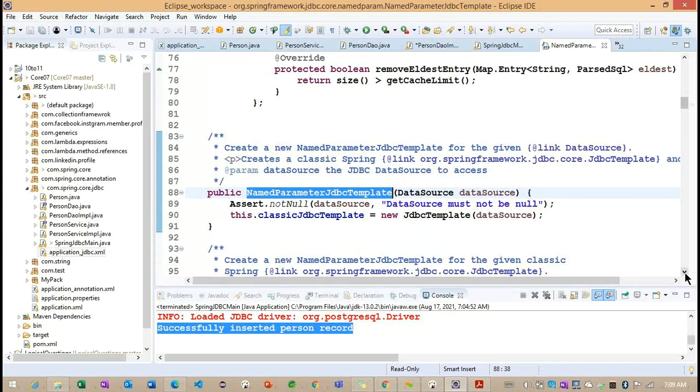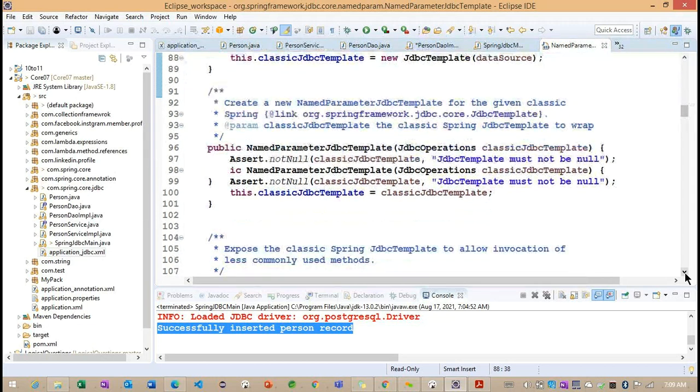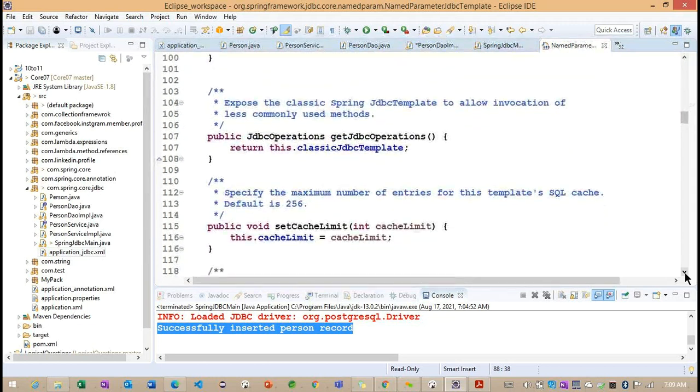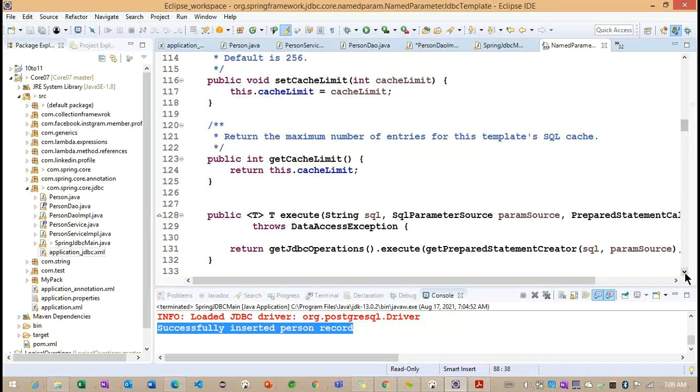Now you can see here we are having constructor injection. Getting the point? So with the help of this constructor injection, how are we going to create the object of this named parameter JDBC template?